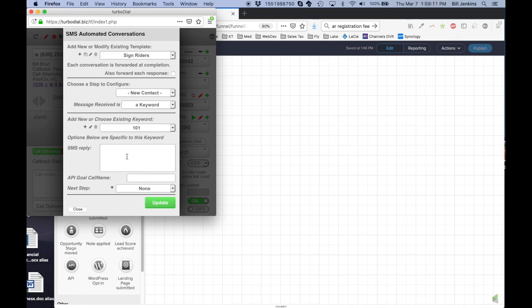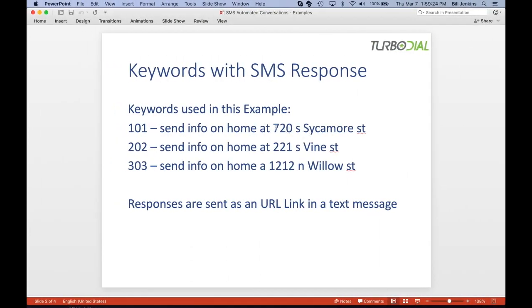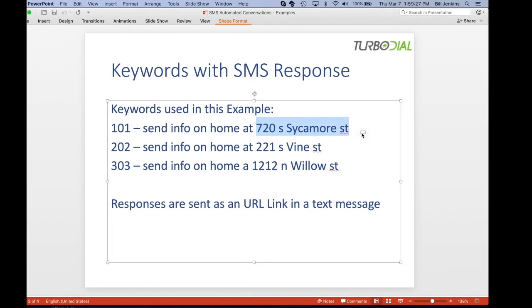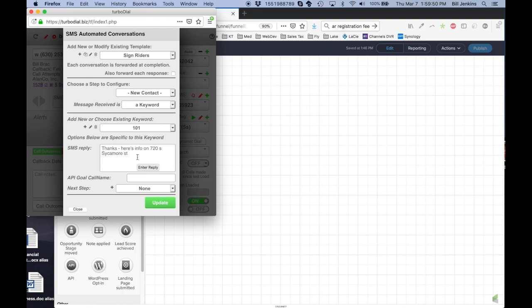When we get that keyword texted into us, we're going to want to reply with a message. Thanks. Here's the info. Okay, that's the text message we're going to send them, and obviously I just made that up. Let's also, though, set an API goal call name to be triggered at this point when they send us that 101 keyword. I'm going to use a goal call name of SR101, SignWriter 101. There is no more to be done on this keyword, so we're going to move right on to the next